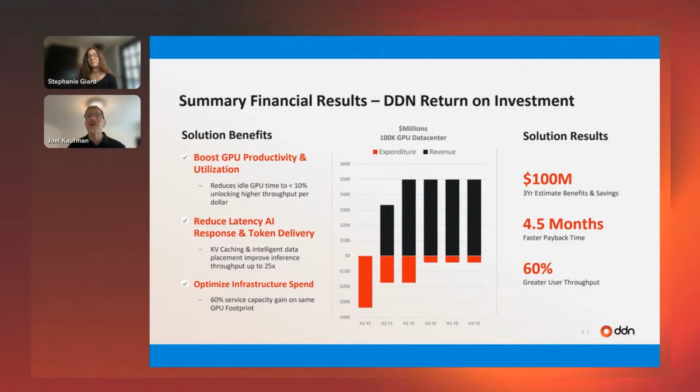Perfect. All right. Joel, you ready? We've got some questions. Yeah, I saw something pop up in the Q&A posts. What do we have? I can read these out here. So if you're storing all of these KV caches, how much space do you need? Are there any issues with that?